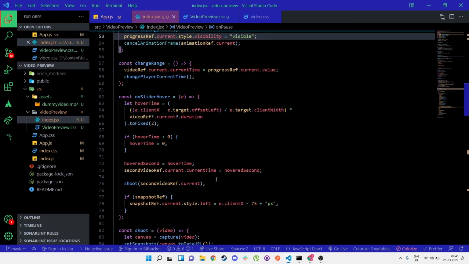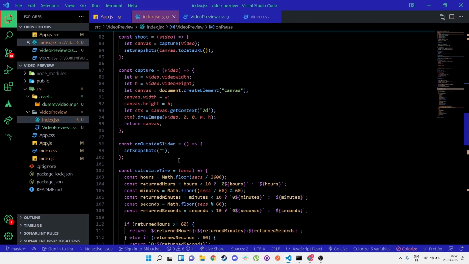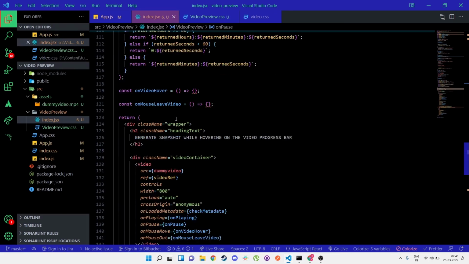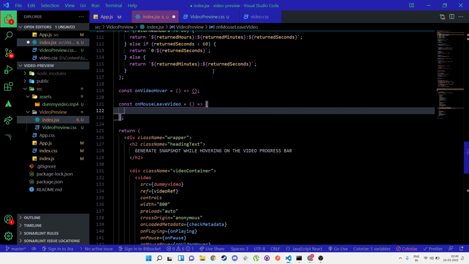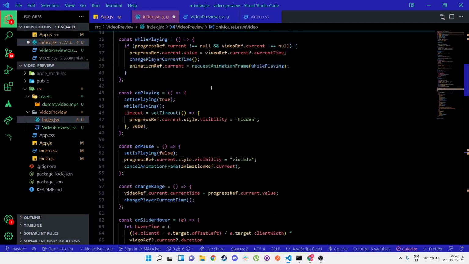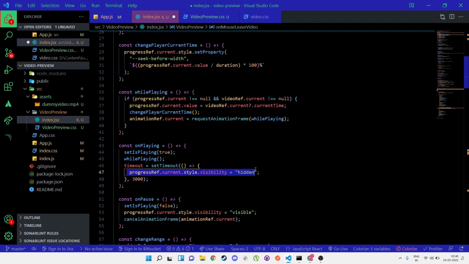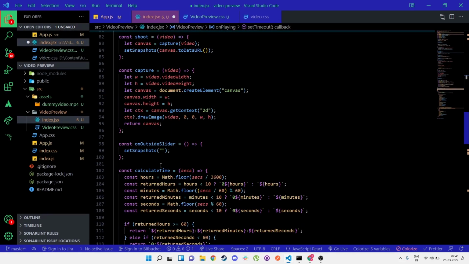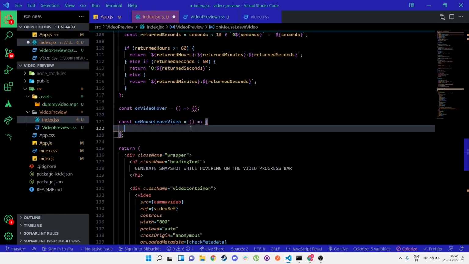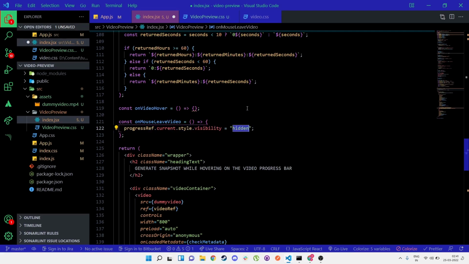So for that, I guess we need to start populating the other two functions that we have here, which is nothing but the on video hover and the on mouse leave video. So the on mouse leave video is going to be pretty self-explanatory. We again have to use the progress bar visibility, and whenever we leave it, where's the function? Yeah, so basically whenever we leave the video, we want the visibility to be set to visible,